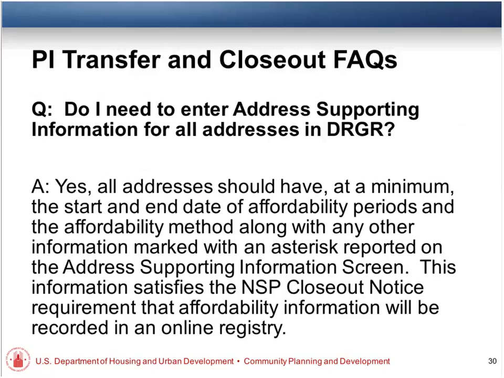It wouldn't be NSP if we didn't have an exception. NSP 1 didn't have to use properties for housing. So if they use that property for something besides housing, of course, there's not a continued affordability piece. So this is for all properties that have a continued affordability period that applies to them. And for NSP 2 and 3 grantees, just tune this out, because everything you're doing has housing, right?